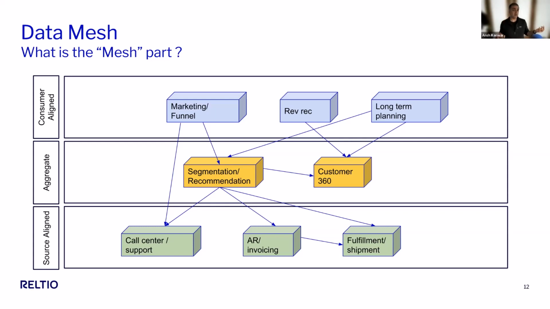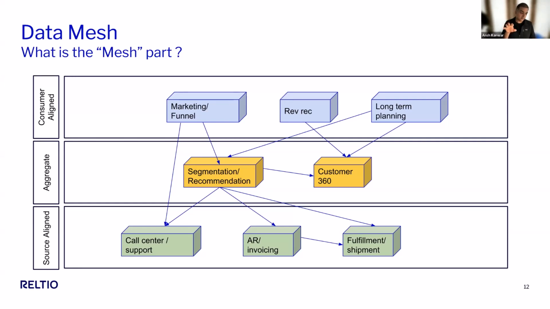On the very top are consumer aligned domains, right? These may be tricky because we normally don't think of funnel analytics as a domain, right? But you can, because again, go back to the definition of data as a product. It has to do with a data set that may be computed or derived from any of these other domains. It may have source data that takes in enrichment from third-party data sets, but it is a distinct product, right? That really is your funnel analytics domain, if you will.